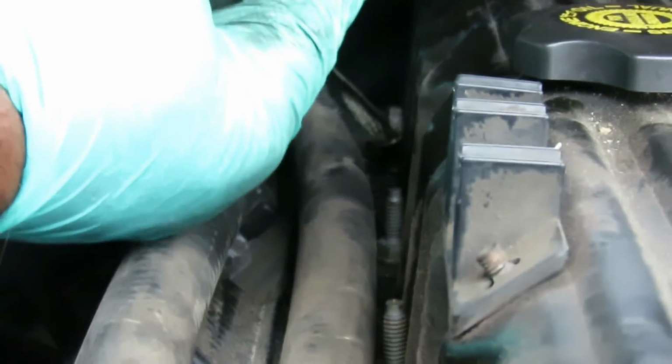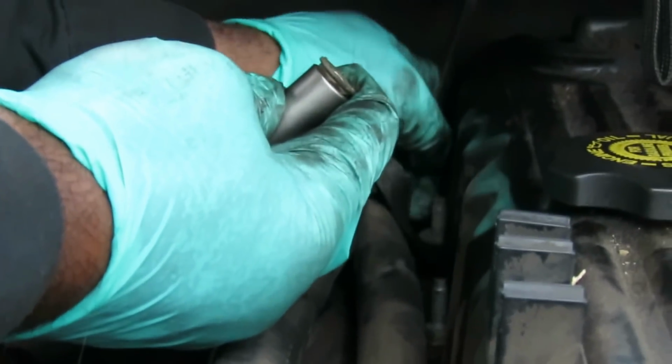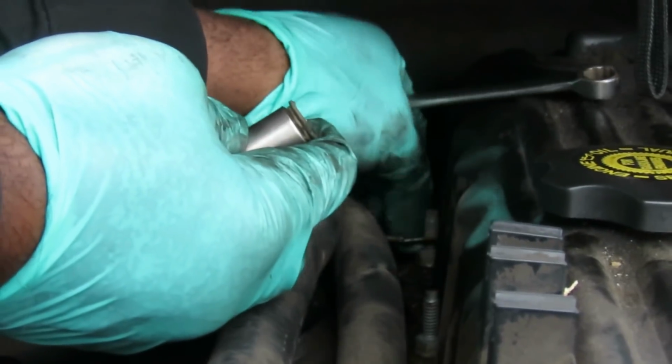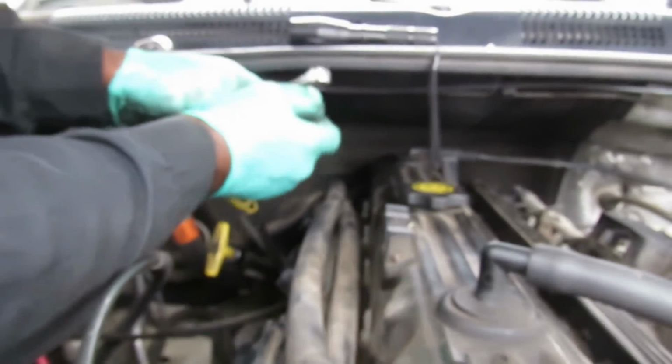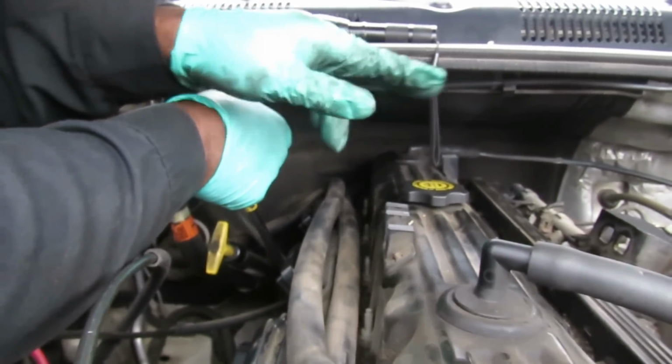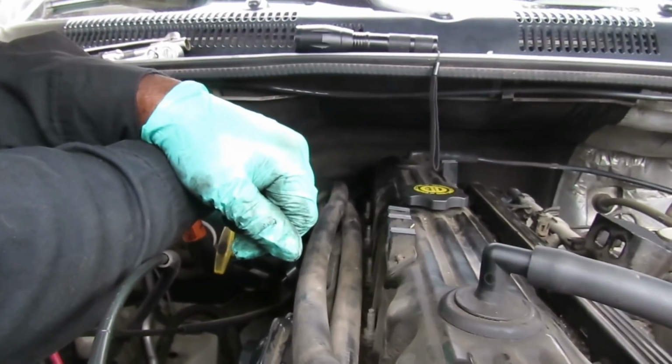All right, there it is. Took it off. And we already know the bolt is loose already. Take our ground wire up, let it to the side. Put a nut up. All right, guys, let's go around and take off all our bolts out of the valve